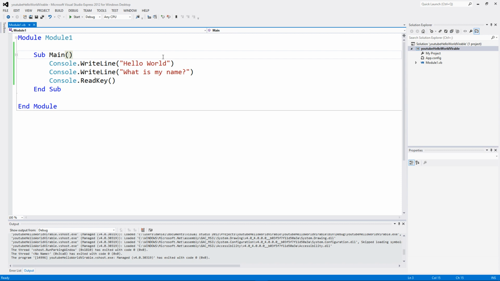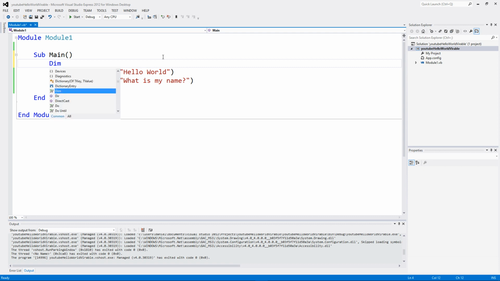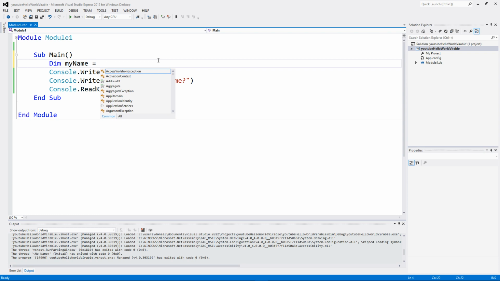Now, variables are a little bit confusing to understand, but pretty simple. The keyword for variables is dim. It sounds short for, and I can't spell this, dimension. There you go. That is what it's short for, but of course dimension won't work. It's just short for dim. Alright. And then you use a keyword or phrase, like, for example, here we have my name. This is what you will call it. Okay. And we can put it as equals